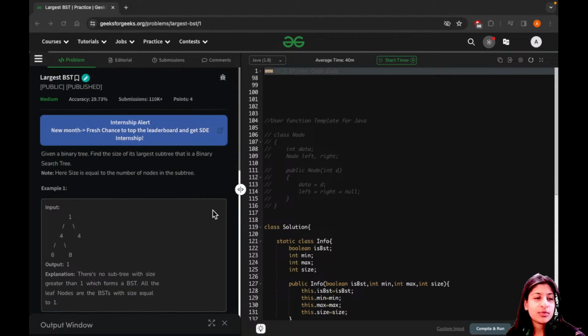What you have to do in this question is you are given a binary tree, okay? Please mind it, it's a binary tree, not a binary search tree. You have to find the size of the largest subtree which is a binary search tree in that particular tree,